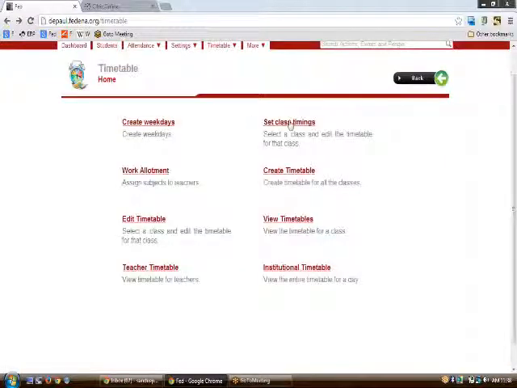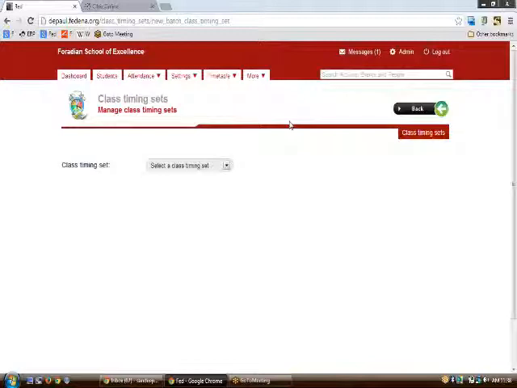Next is the set class timings. Set class timings has been under a bit of renovation in the recent version of Fedina. So in class timing sets, we can create different class timing sets, and adding to it, we would have different class timings for each of these class timing sets that we have created. Having created all the class timing sets, we can assign each of them to any of the batches that we have